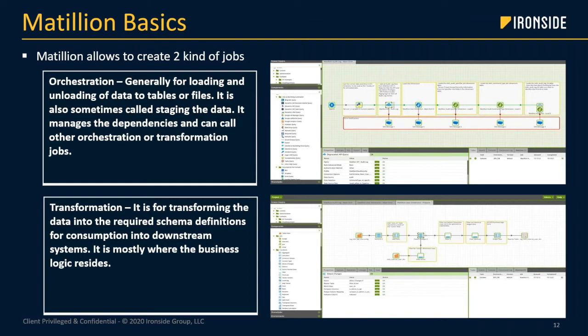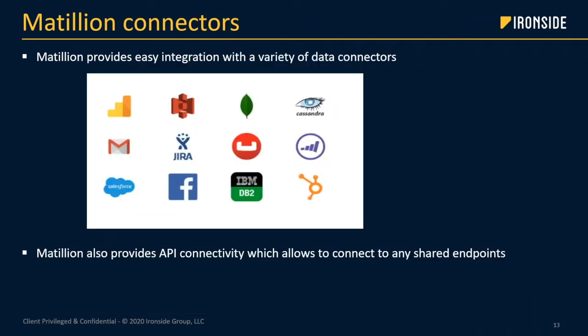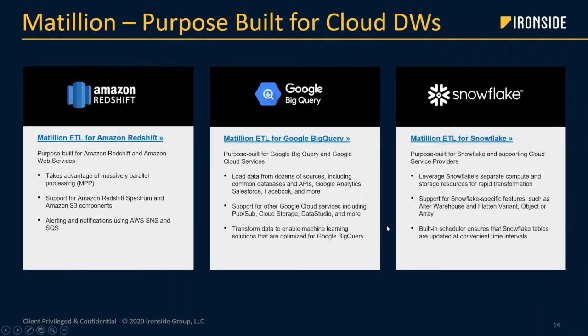So it's a very nifty and handy feature, and it helps a lot in development. Matillion also has a wide range of connectors, like other legacy ETL tools. It's license-based, I think over 70 different connectors, but it also gives you general connectivity through the API, where you can connect through those shared endpoints. With that, I'll turn it back to R1 to talk about these Matillion features and enterprise features.